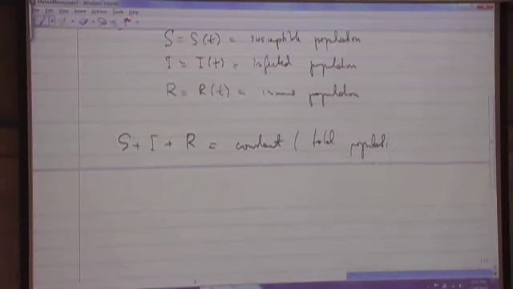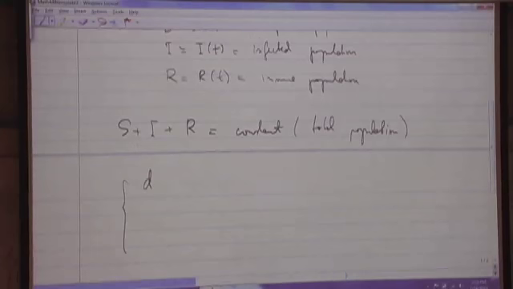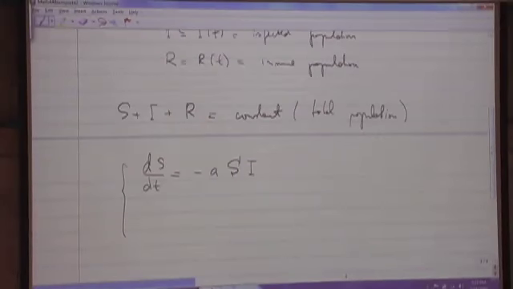Of course, this assumes that the disease doesn't kill people, so there's the same population over time, but typically that's not true, so this is just a simple assumption. But anyway, the rates of change of this are as follows. So there's a constant, and I may not use the same letters for the constants,